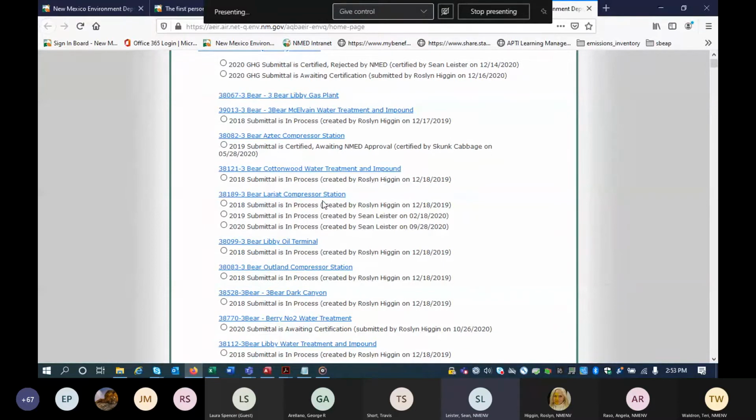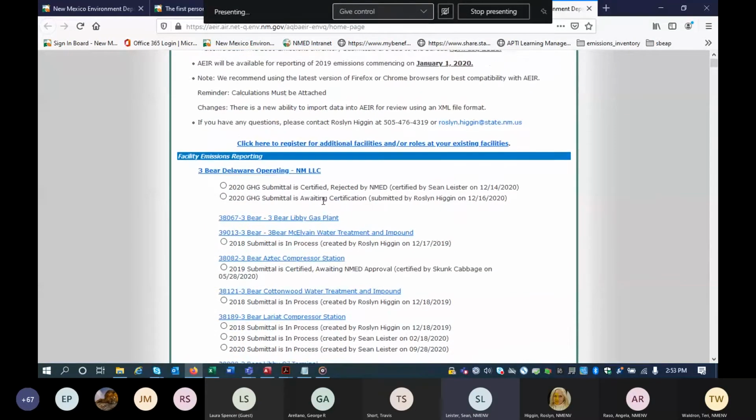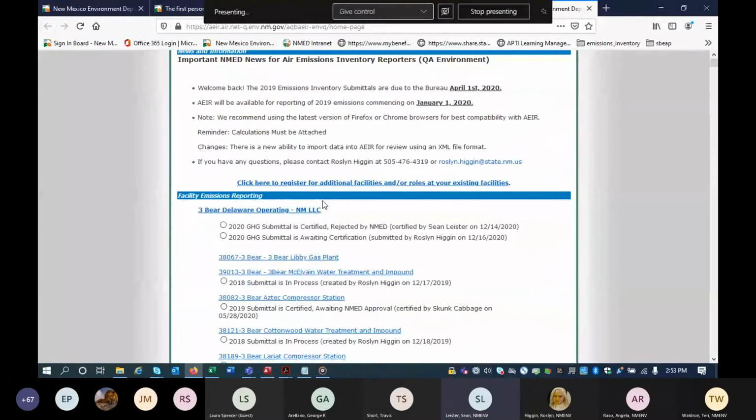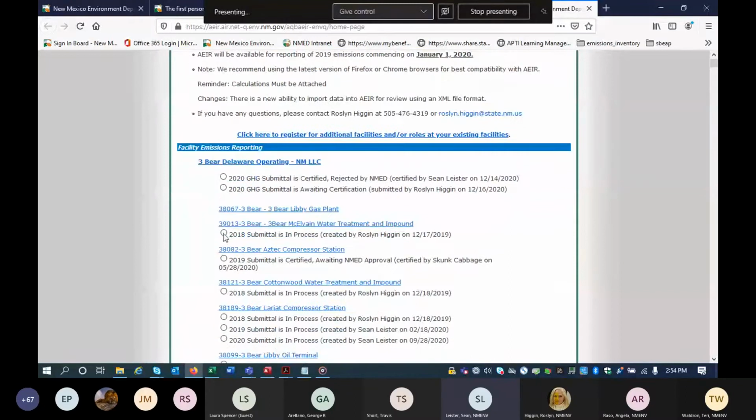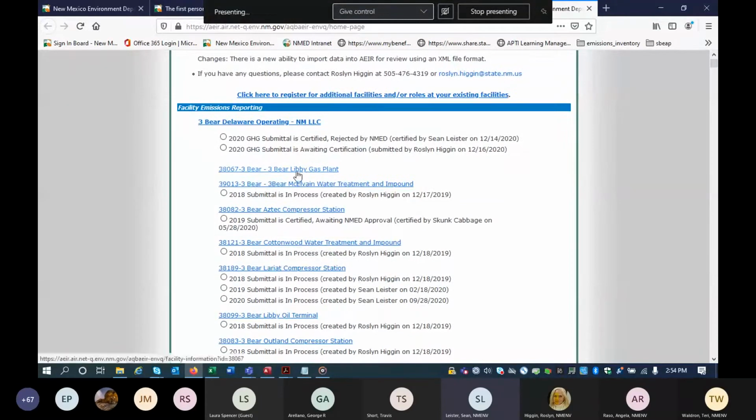So the trick to get around this is log out of AEIR completely, then log back in, and before entering any submittals, so don't go and edit any submittals, download all of your individual XML files that you need onto your computer, and you should be downloading the correct ones. And always be sure to be checking that you have the correct AI numbers in your XML files.